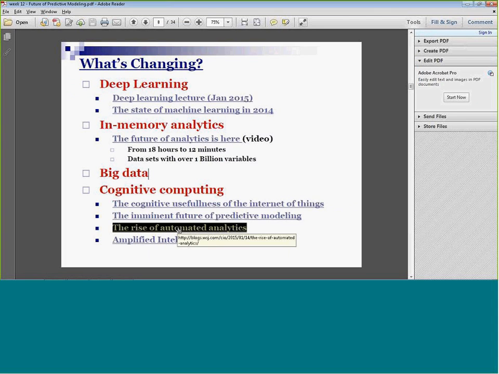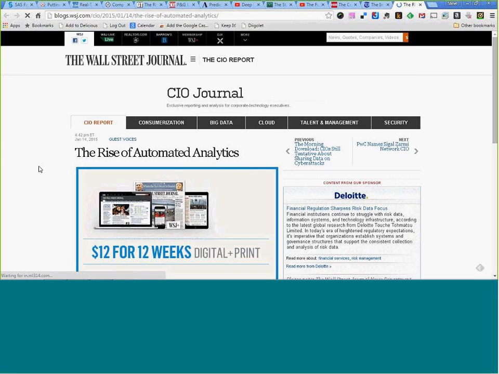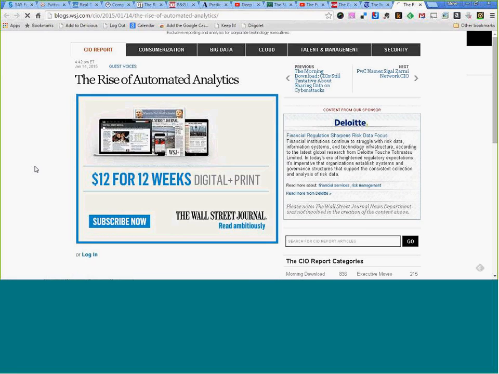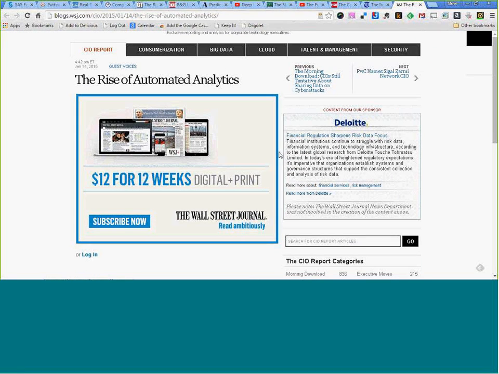The rise of automated analytics. Now, this one is going to hit home, because the product that I'm going to show you briefly, and encourage you to go look at in detail, from SAS, that was announced in July, last month, a few days ago, is unbelievable. Well, it looks like you won't be able to get this unless you're a Wall Street subscriber, but